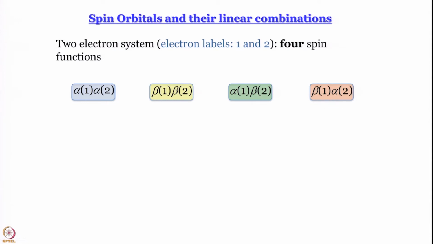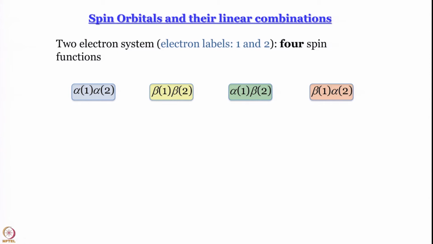Do you get the point? If not, let us just say it once again. What it says here, this alpha(1) beta(2), is that it is electron number 1 and not electron number 2 that has alpha spin. It also says it is electron number 2 and not electron number 1 that has beta spin. Similarly, in this function we say that it is electron number 1 and not electron number 2 that has beta spin, and electron number 2 and not electron number 1 that has alpha spin.